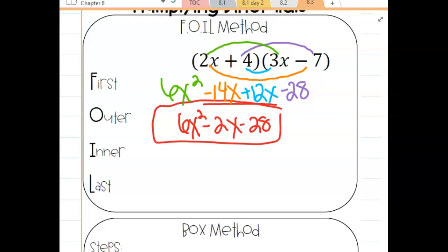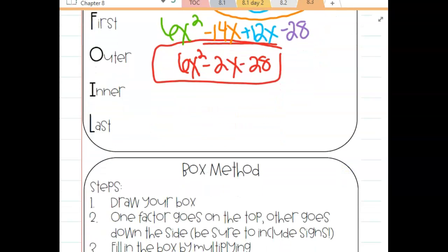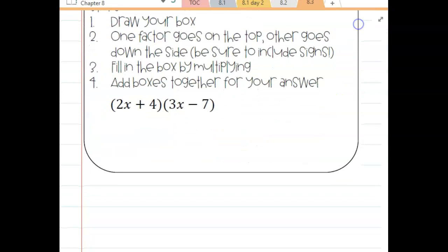Okay, so that's the FOIL method. Okay, the other method is called the box method. Now what I want you to notice for the box method, this is the same problem that we just did. So we should get the same answer, but I'm going to show you how to get the same answer